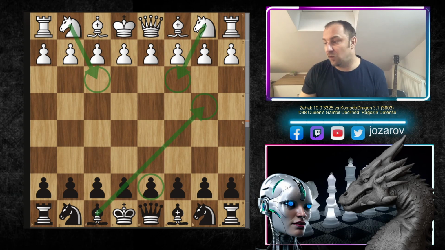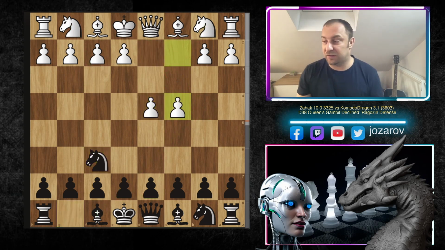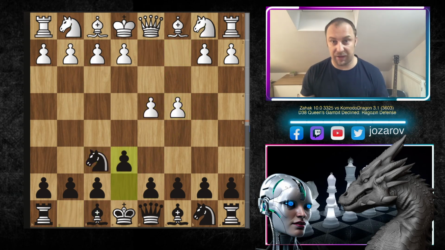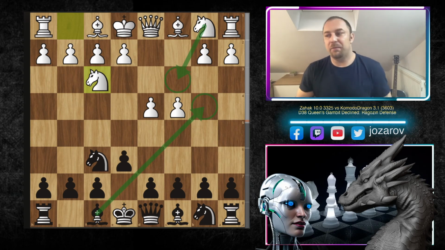So here d4 was played by Zahak. We have knight to f6, c4, e6. So as I said, maybe we could get into the Nimzo-Indian, then we play bishop to b4. But now many times after move knight to f3, this move bishop to b4, in my honest opinion, doesn't make sense. The move bishop to b4 will be probably met with bishop to d2, and then you have this idea